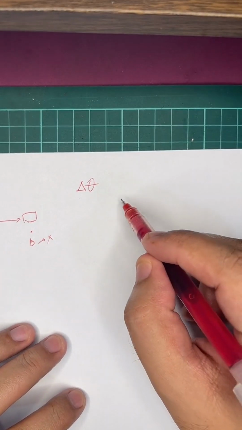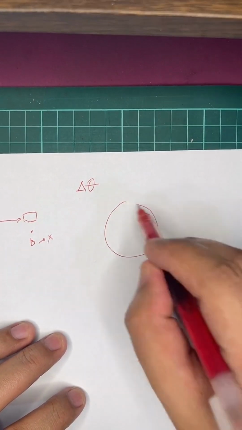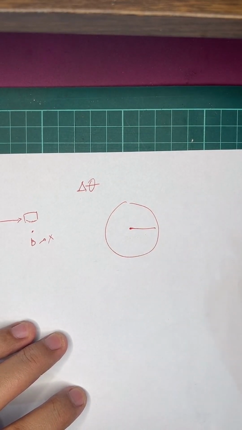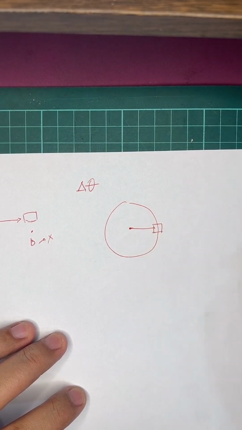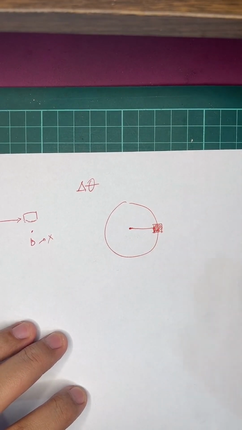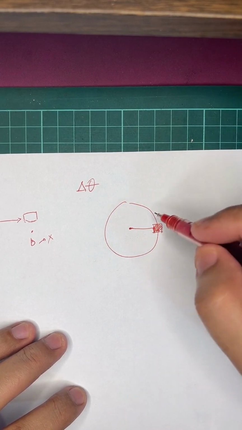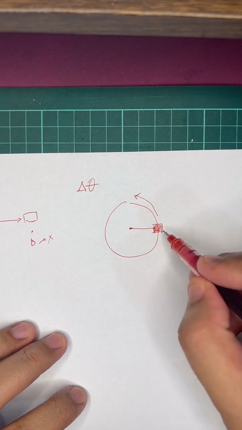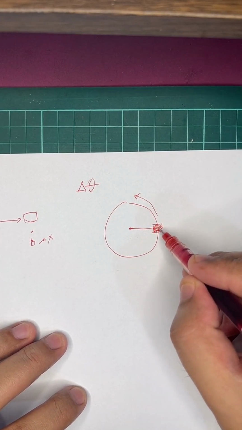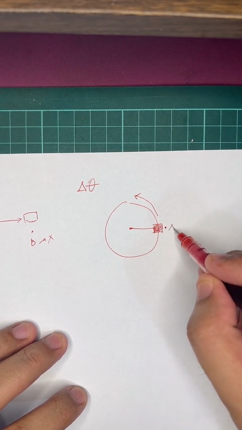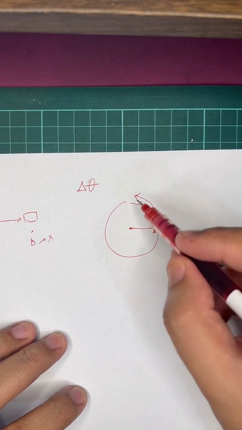For example, we have this circular path with some radius. If this object here is spinning in this circular path, let's say it's moving counterclockwise, right? So this point here, where the object is currently, let's call it point A. Then after it moves, it ends up right here,